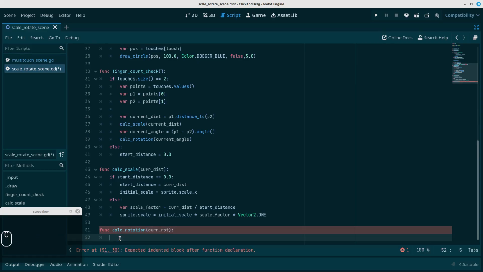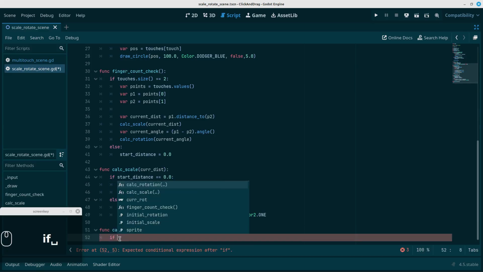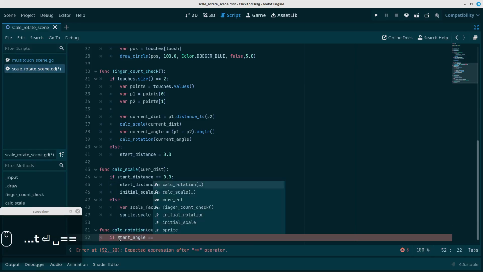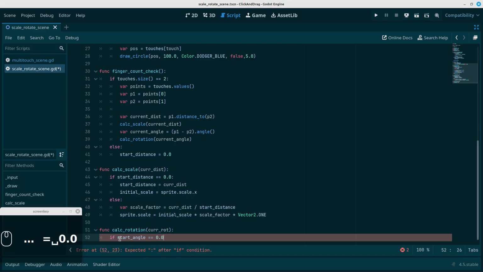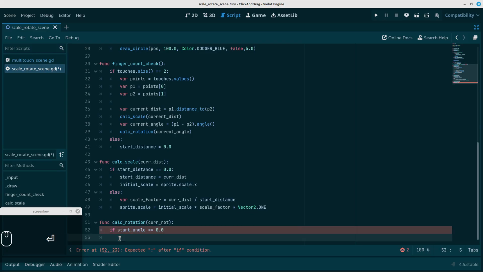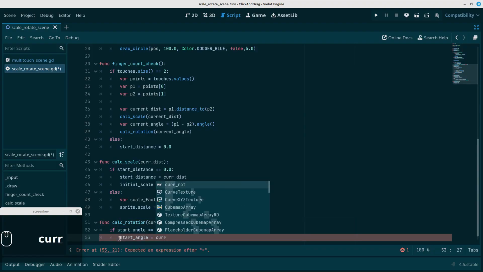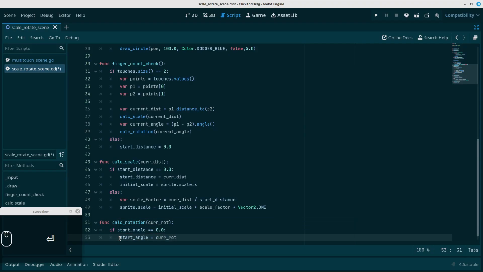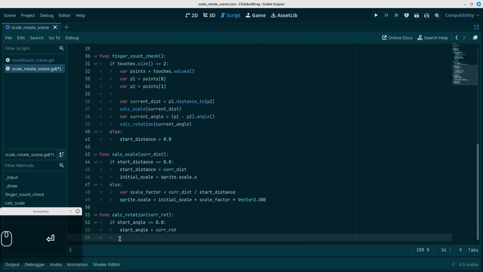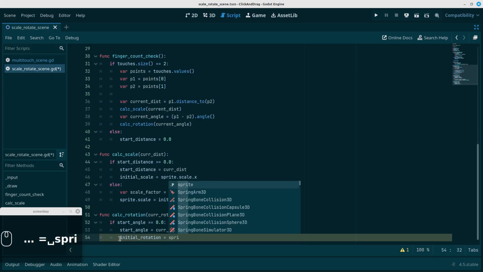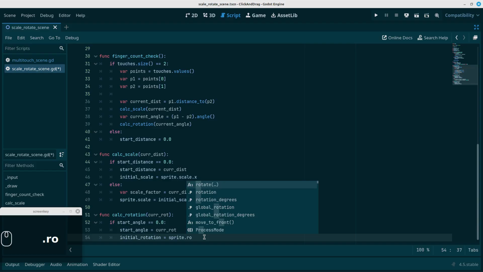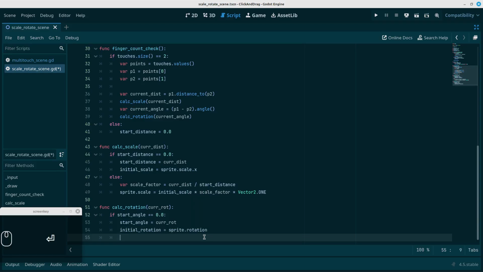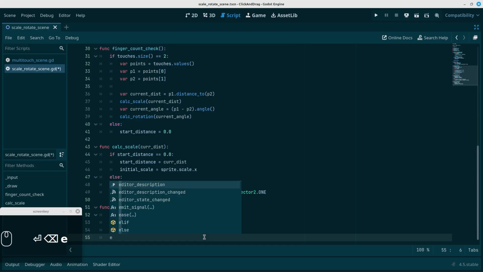And here we're going to test again for if the start angle is equal to 0. Remember, this is all in radians. Don't forget the colon, like I did. We're going to set the start angle to the current angle, or current rotation as it's called here, and the initial rotation to the rotation of the sprite dot rotation. Of course, similar to the last function, else